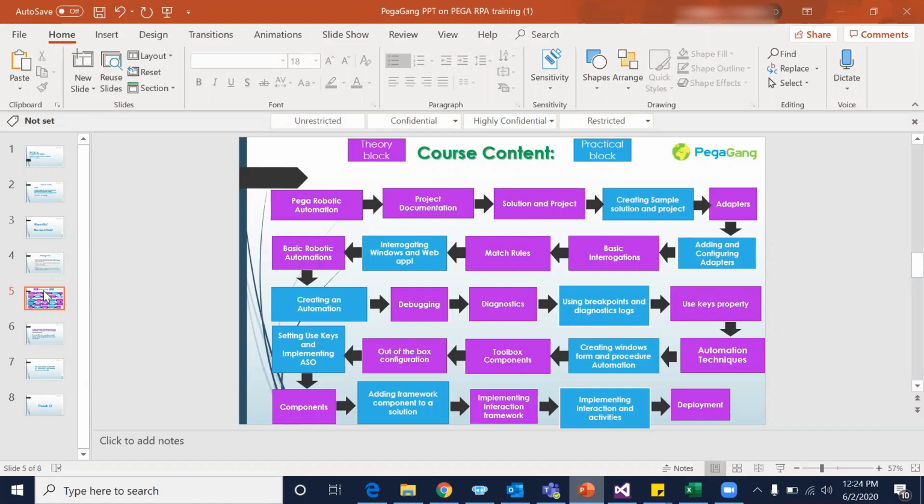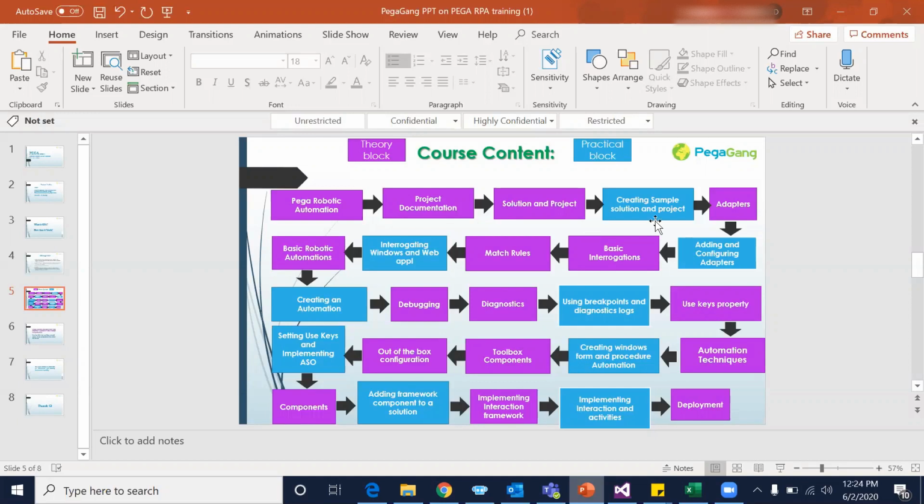After that interrogation, once the objects are created, we can create our rules to develop the automations. And once our automations are done, we can use a breakpoint and a diagnostic log to understand if there is any bug inside the solution or not, and then we can deploy the solution, along with some advanced features.